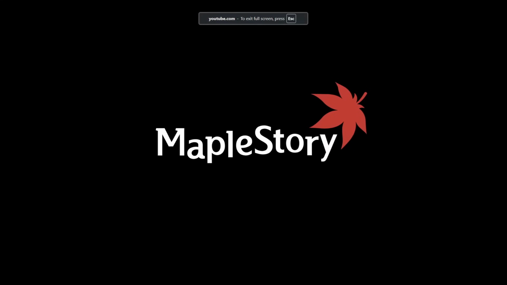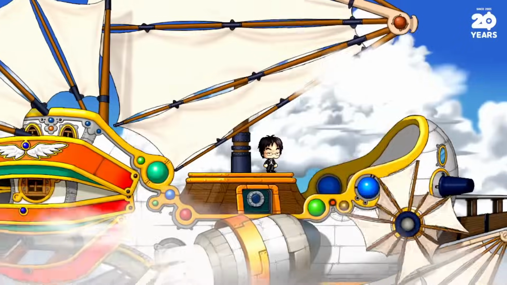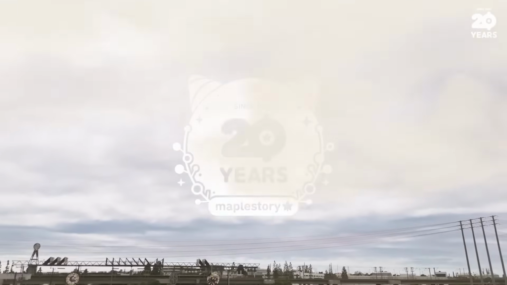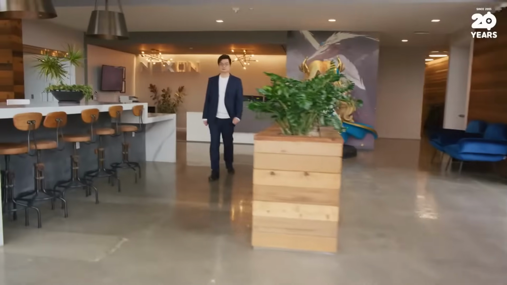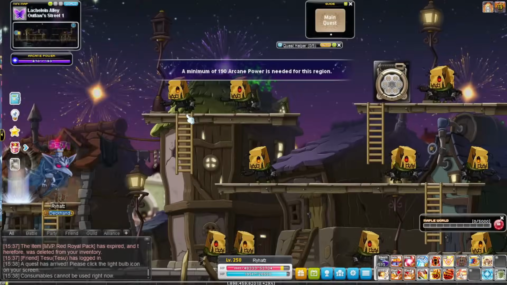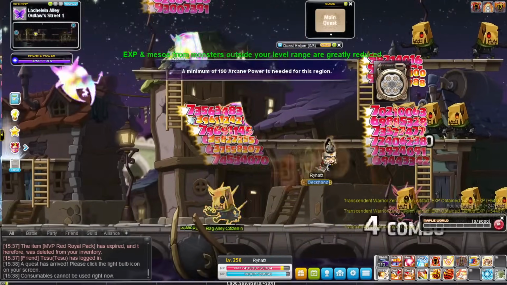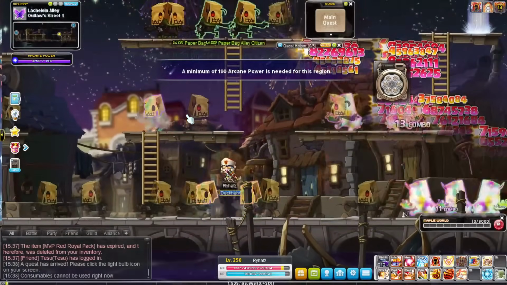I just got up and it is April 21st and the MapleSEA 20th anniversary patch notes just dropped, and these patch notes look absolutely insane. I didn't realize how amazing this event is, but we're going to be going through everything that you need to know about this upcoming event that we should most likely be getting at the end of April or the start